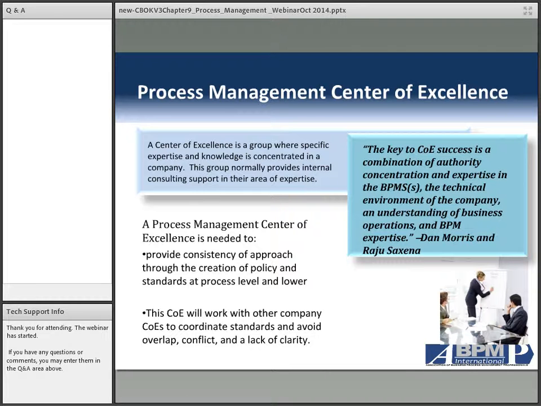So the key here, really on this slide, is that it'll work with the appropriate people, create the appropriate standards to avoid overlap, conflict, and lack of clarity. Once you have that clarity, that then feeds into governance, which helps you then look at execution quality, and it helps you identify problems, and it helps you then figure out how those problems can be resolved. And it's through that clarity that you keep everybody moving together on a common path in a collaborative way.